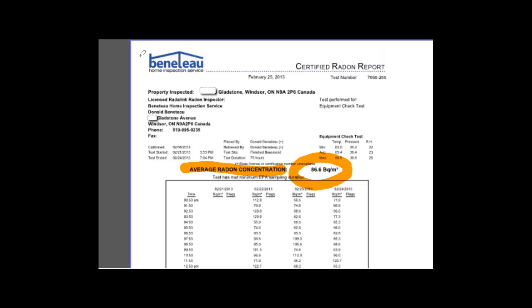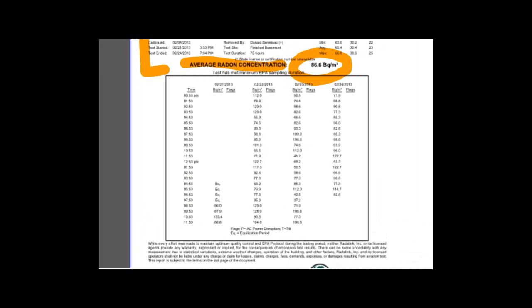At the very beginning of the report, we will see the actual particulars of the property and the technician who performed the test and any other details that are relevant. When we look at the first aggregate information that's here, we've got a few columns. The first column would be the time, and then we have the different dates. So in this test, you can see that basically it started at about 3:53,